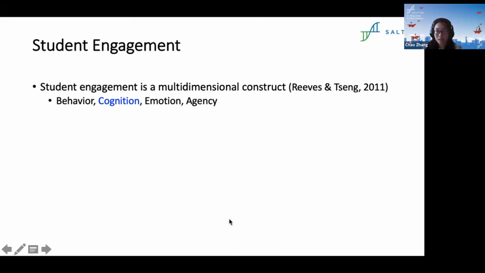And since we've been talking about student engagement, I guess we all know it's closely connected to student learning, either outcome or performance. However, as we as teachers or practitioners all know, in the real classroom, student engagement is not just cognitive engagement. It's a multidimensional construct. A lot of us design activities for students to engage cognitively, but sometimes it's hard to do. So we probably need to use some indirect prompts to engage students emotionally or motivationally, or in other aspects of engagement.